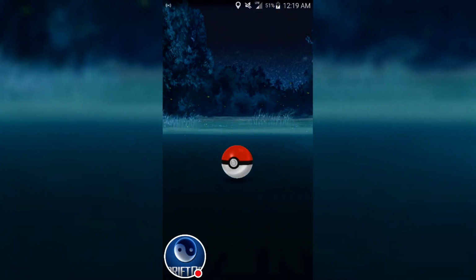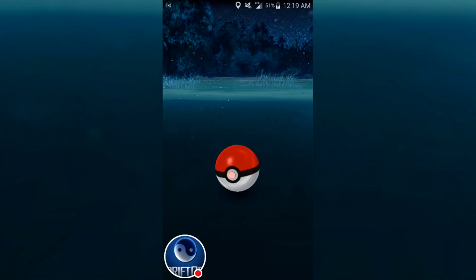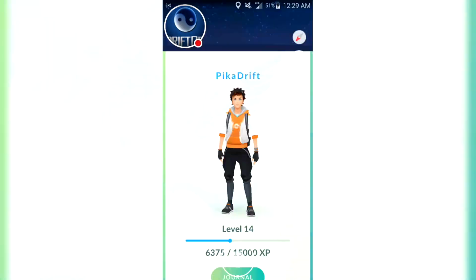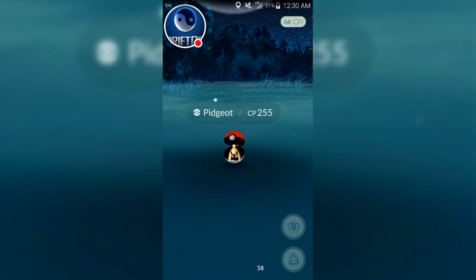Most of what you're going to catch are going to be like Rattata here. They're going to be very low level Pokemon. They'll be very easy to catch, but that's actually a good thing. You want to be catching as many Rattatas and Pidgeys as possible. You get 100 experience per catch and 50 experience per Pokemon visit, so you can pretty much just sit there